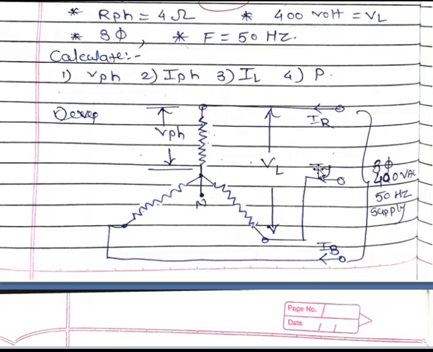Here, the line current IR passes through R1, line current IY passes through R2, and line current IB passes through R3. Therefore there is only one path for current in each line. So in a star connected load, line current is equal to the phase current, and since neutral is available in a star connection, phase voltage is different and line voltage is different.